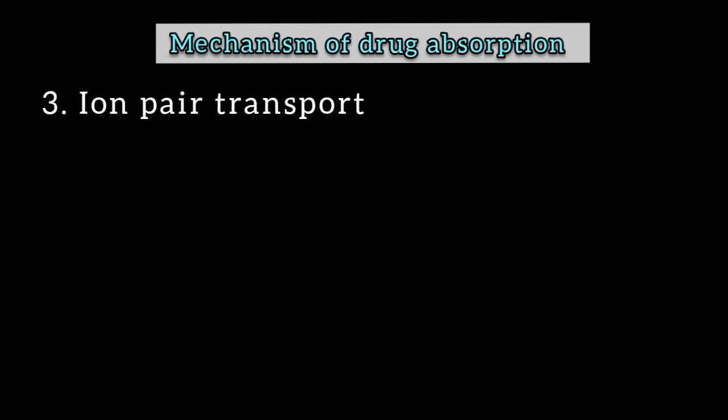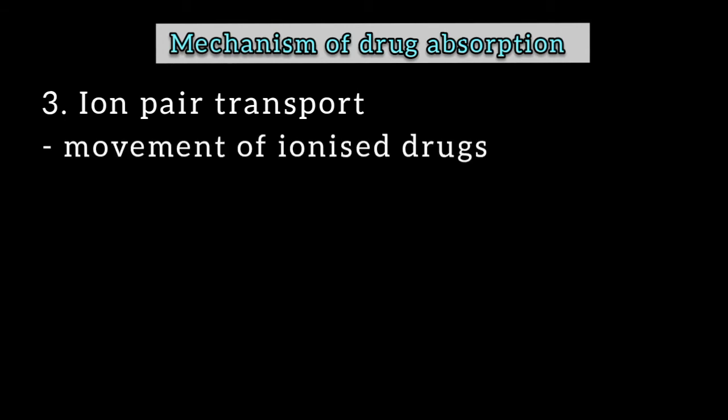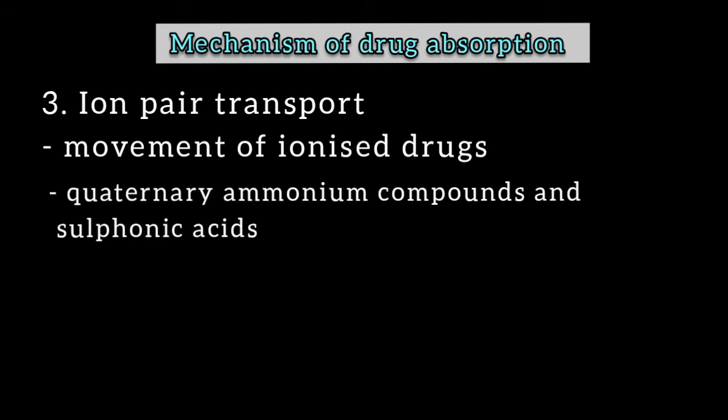Next, we're going to be talking about ion pair transport, and this is for the movement of ions through the membrane from the lumen to the capillary. An example of a drug that uses this type of transport is the quaternary ammonium compounds and the sulfonic acid. These drugs mainly remain